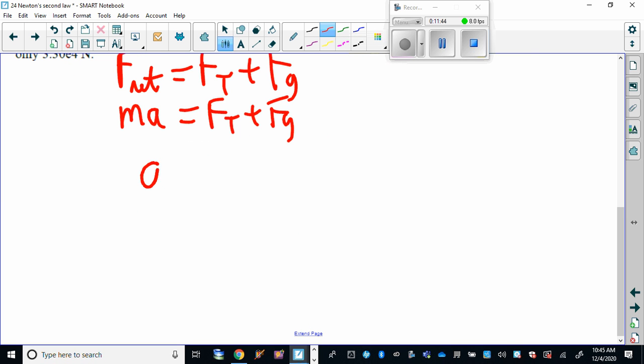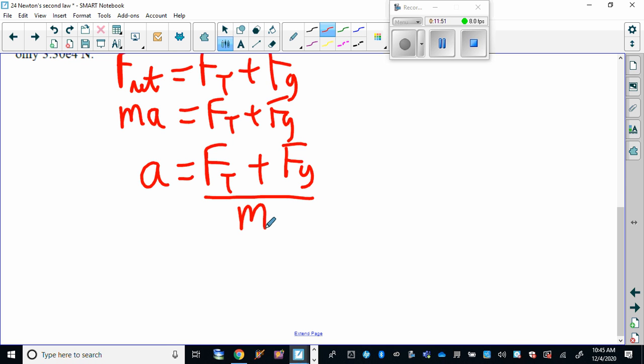So you end up with this: a equals Ft plus Fg divided by m. And if you look at the previous example, you can see logically this is what you end up doing anyway. You add the two forces and then you divide by m, which is exactly what we did in the previous question. This one's just a little different in that the tension is now only